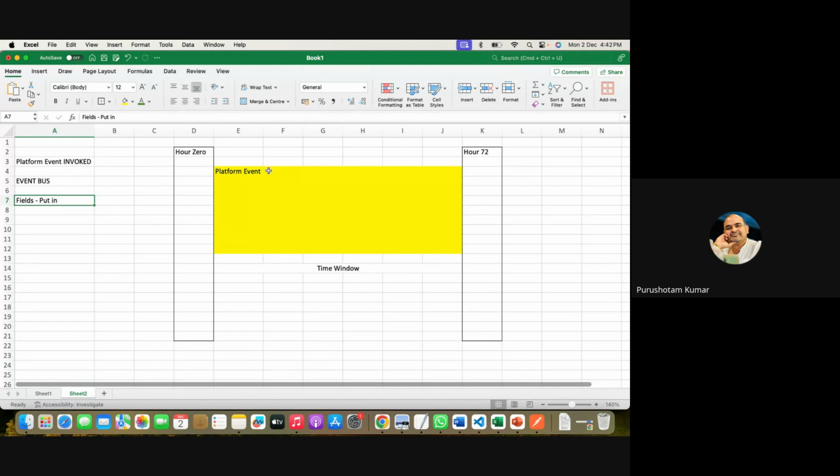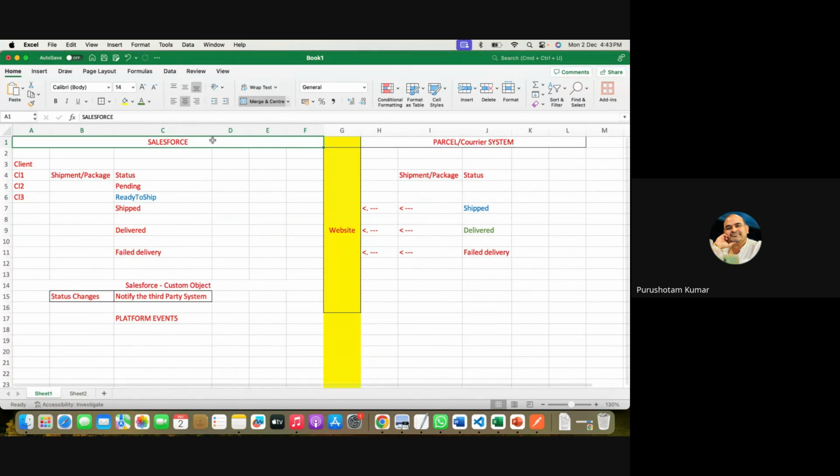Now, there are two things. One is publish, or publisher, and the other is subscribe, or subscriber, right? So in our case, if you look here, Salesforce, in the very first step,